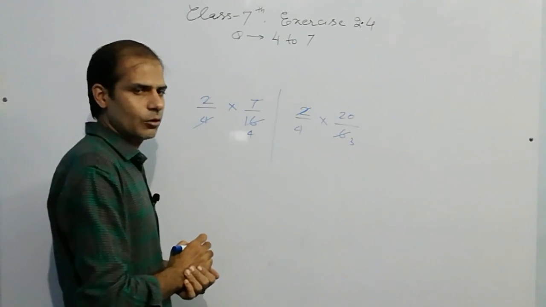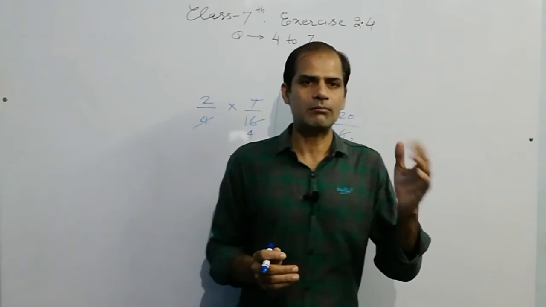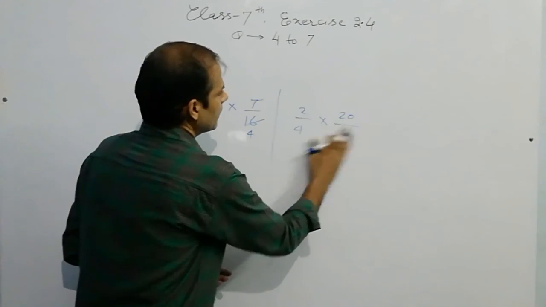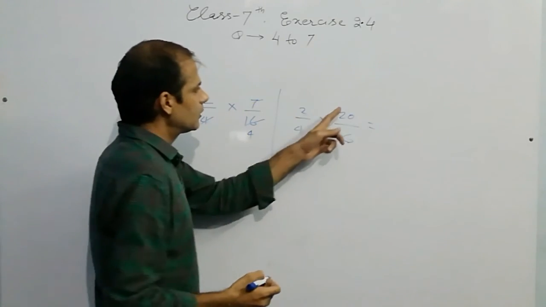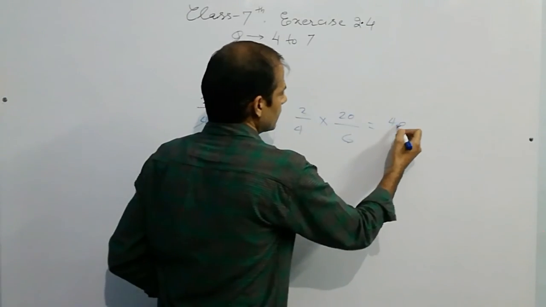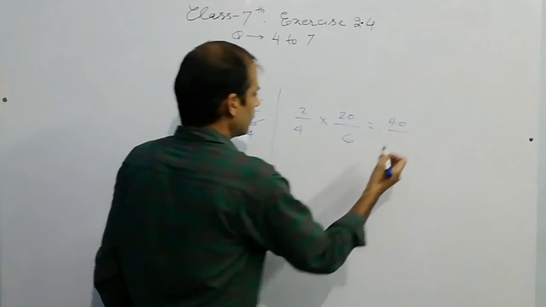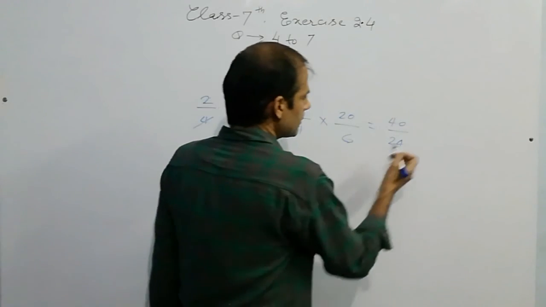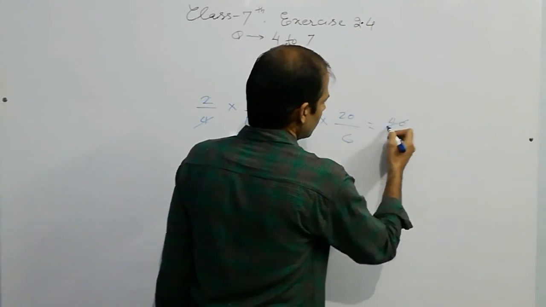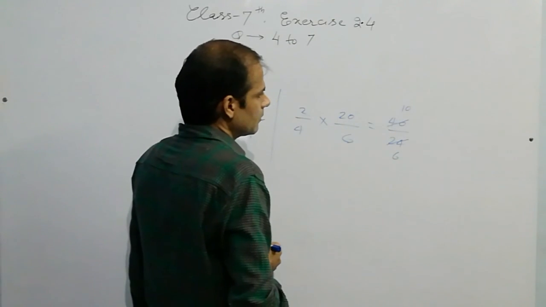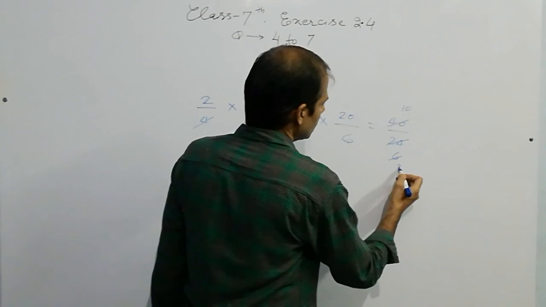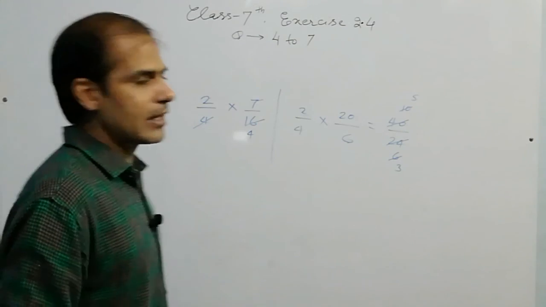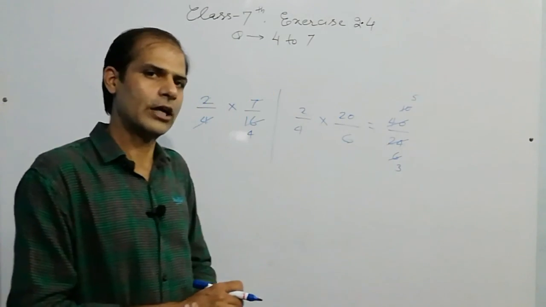2 × 3 is 6. So you can divide a numerator by a denominator or a denominator by a numerator, but numerators are multiplied together, means 20 and 2 will be multiplied together. Denominators are also multiplied together. 6 × 4 is 24. Then you can cancel out this. So again it is 4 × 6 is 24 and 4 × 10 is 40, and 2 × 3 is 6, 2 × 5 is 10. So finally we have divided these numbers by 8. 8 × 3 is 24, 8 × 5 is 40. You can do it in this way.